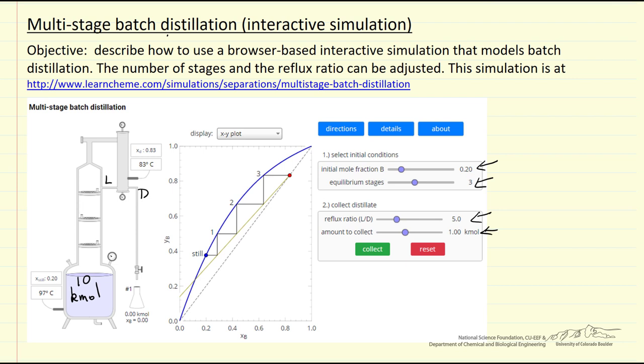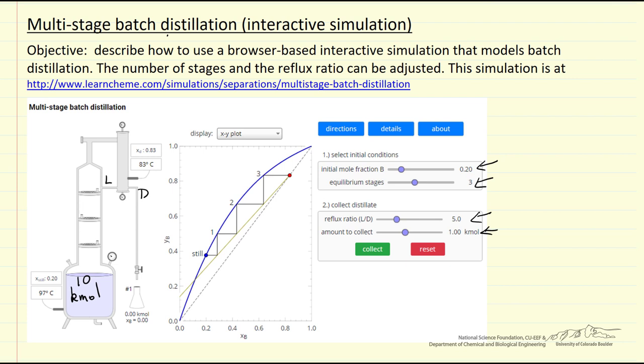And each time we hit the collect button, we'll collect another, in this case, 1 kilomole. Anytime we can reset, go back to the initial condition. And we can do that up to 8 times or until we only have 2 kilomoles left in the still and the simulation stops. So it's important to realize that once we start collecting samples, this is a transient system,